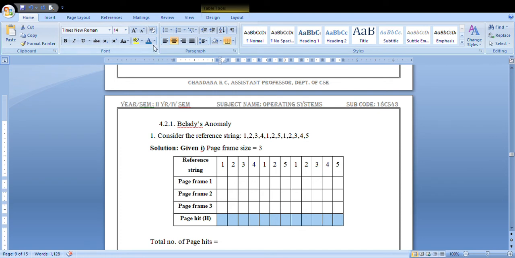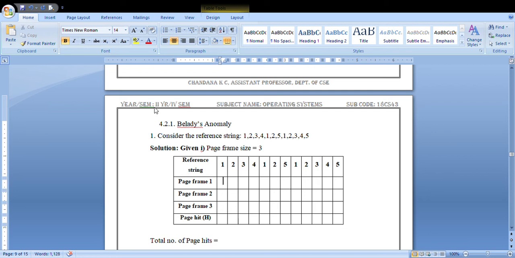So we will do it for page frame size 3 first. This is the given reference string and the page frame size.